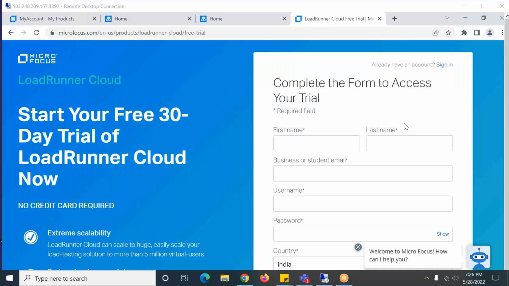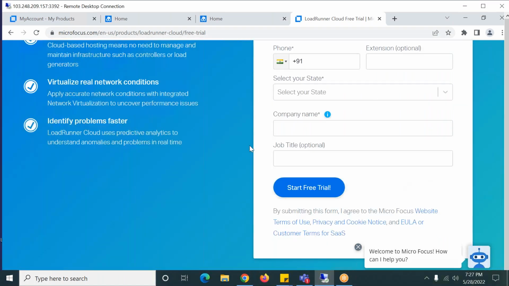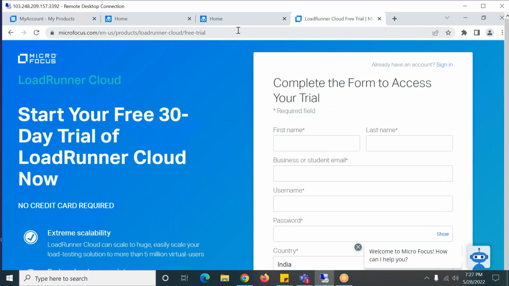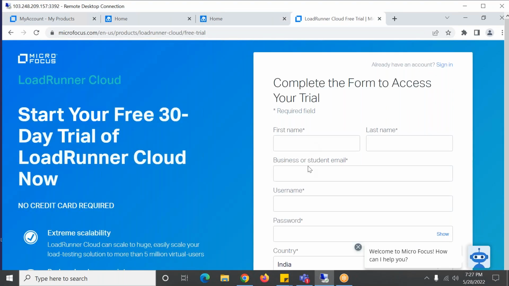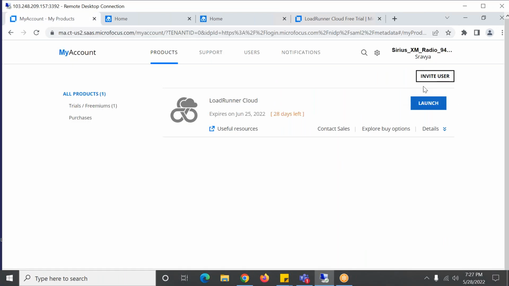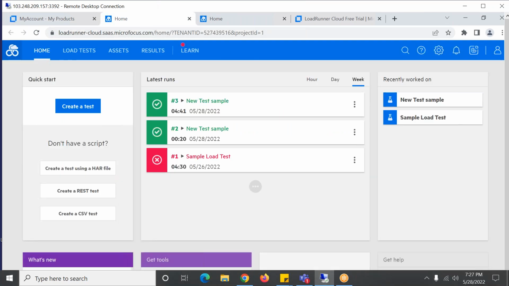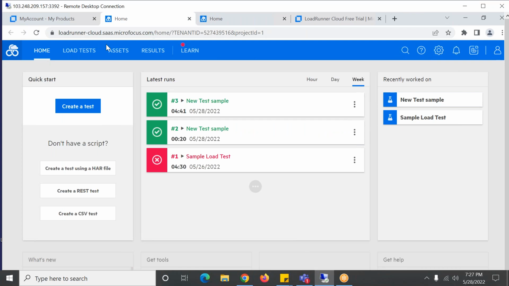So here you can register and start your free trial. As I'm already registered, it navigates to this launch page. And remember, your personal email ID doesn't work. Only your organization email works. It redirects to your organization mails only, and there you can start using your free trial, and the product will be available for only 1 month.